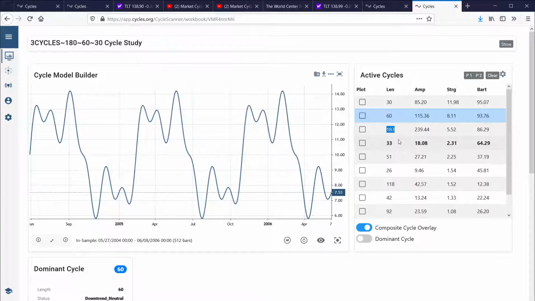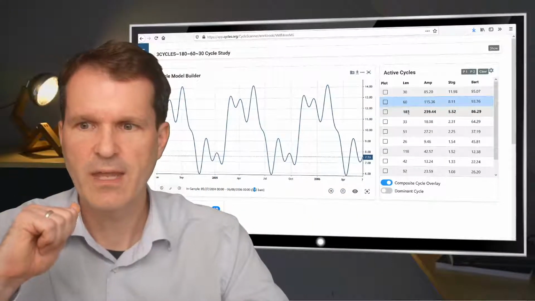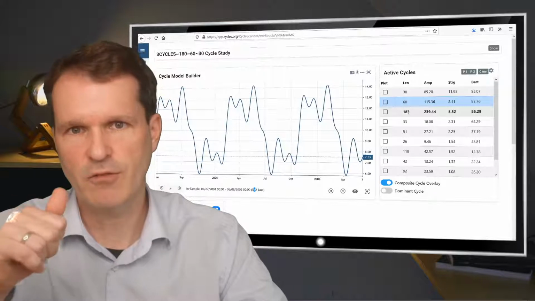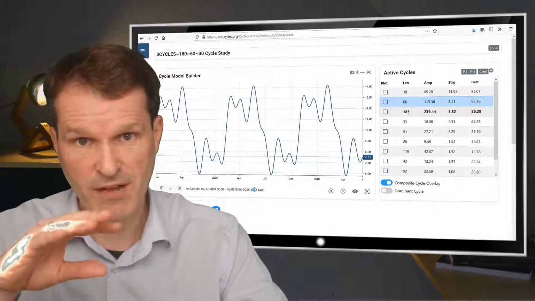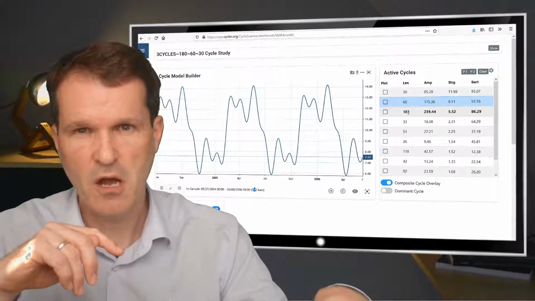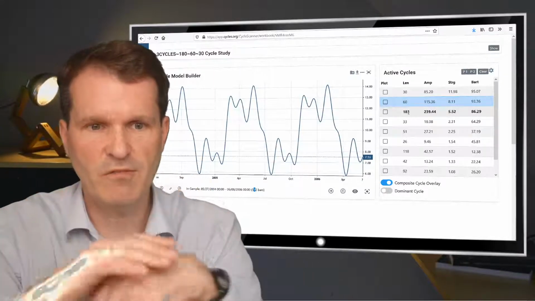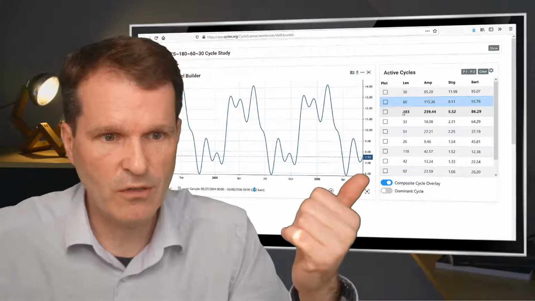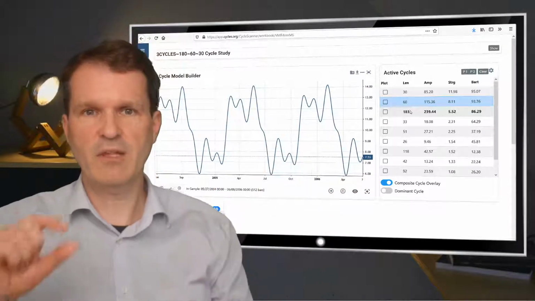I think it's below 2%, but this can also be explained because you need to have a look at the overall length of the data set, which is shown here, which has around 500 bars for this analysis. And if you want to find cycles with high accuracy, you need a minimum of 3 repetitions of this cycle, and if you multiply 180 by 3, you will see that you get to the limit with the 500 bars only. So there is at most 3 repetitions available, which brings you to this very close or most exact calculation. But then